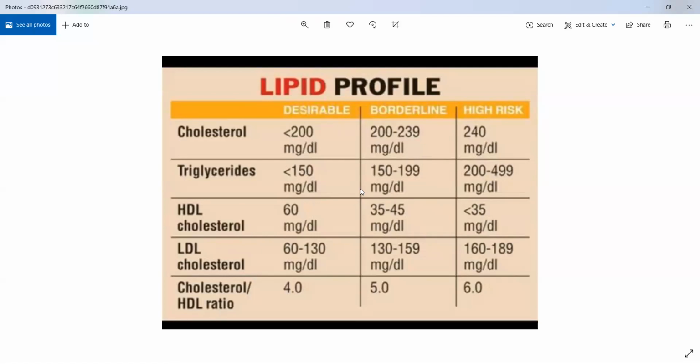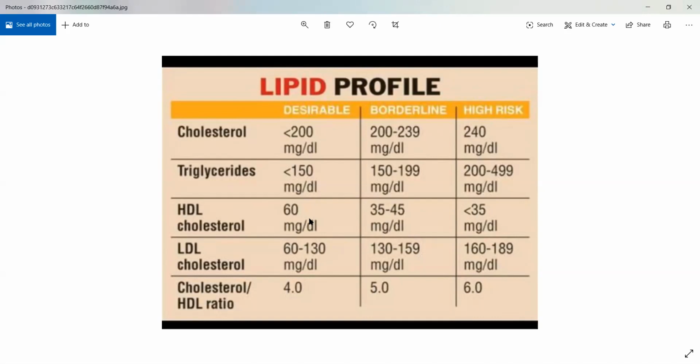So as such, in a healthy individual, the desirable level of cholesterol will be less than 200, and whenever you are going on the border of 239 to 240, that is when you develop a higher risk of cardiovascular diseases. The more towards the higher end, with cholesterol, triglycerides, LDL, when those increase, it is a problem. When HDL increases, that is not a problem. HDL cholesterol should be high, it should be 60. As you can see, when the patient has lower and lower amounts of HDL cholesterol, they will be more prone to cardiovascular diseases. Their risk of developing cardiovascular diseases increases.